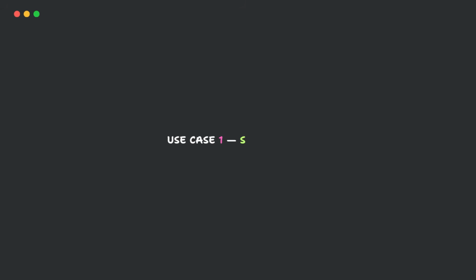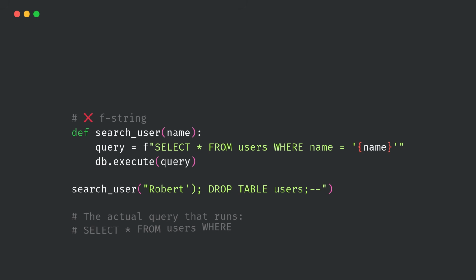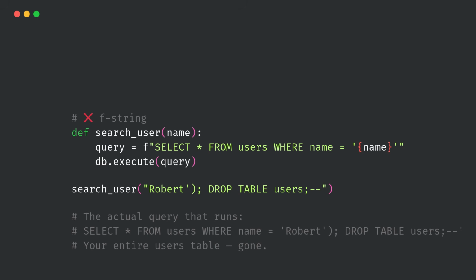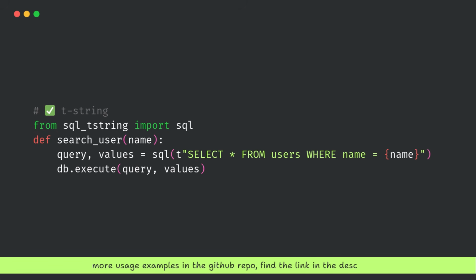First up, SQL injection. And yeah, I know, classic example. Say you've got a user search feature. Looks fine, right? Now watch what happens when an attacker enters this as the name. The F string had no idea. It just blindly shoved that value in. With a T string, it knows exactly which part is static SQL and which part is user input,